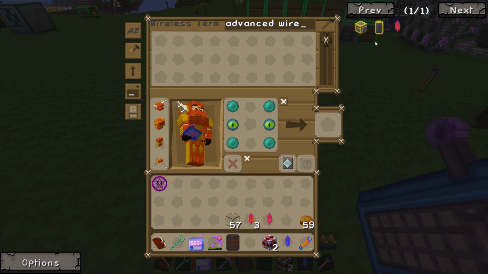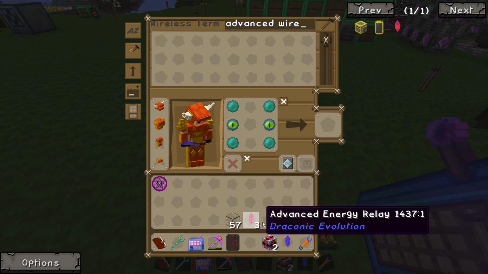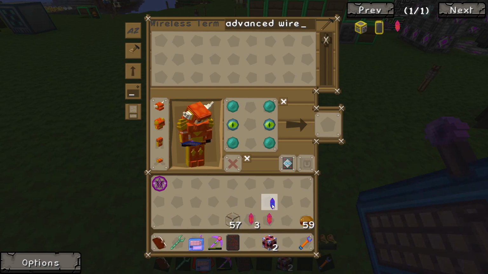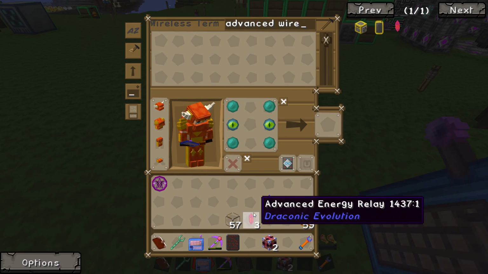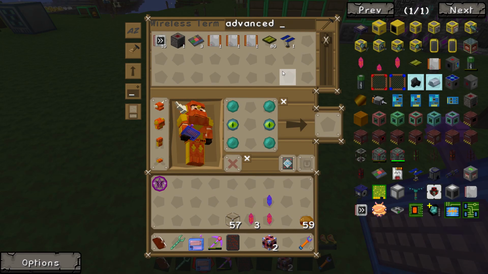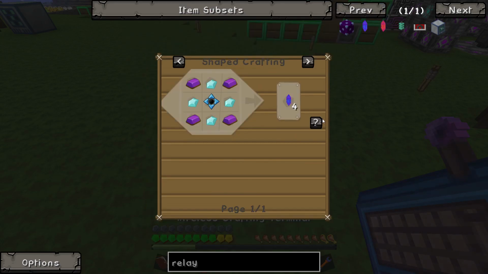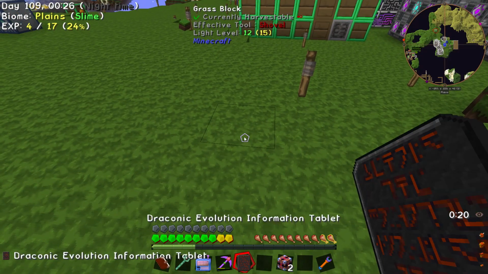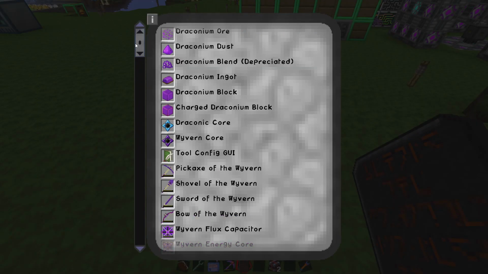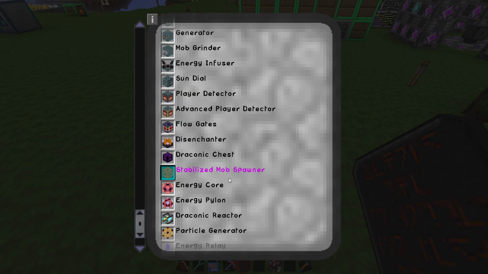Wait, we already had advanced. Oh, I'm stupid. Wait, that's advanced relay. That's advanced wireless transceiver. That's a wireless transceiver. Wireless energy, advanced wireless. Advanced energy relay. And then relay. It's got regular, advanced, and then there's something else in the book. There's like one more thing, I think. It was...